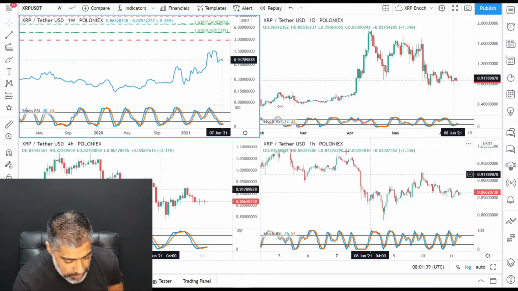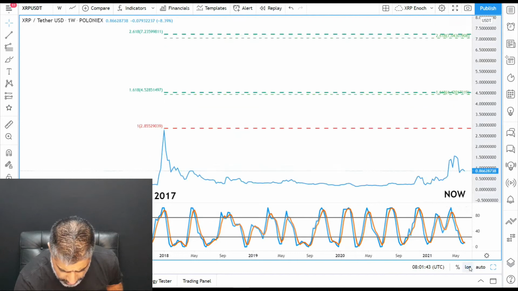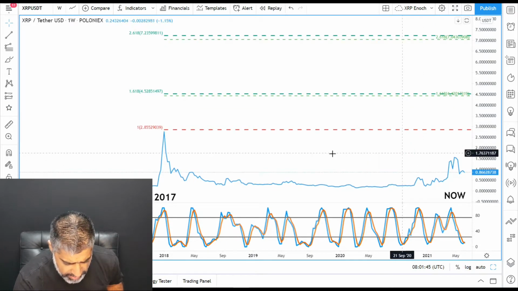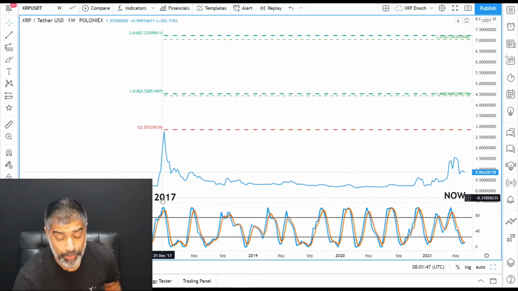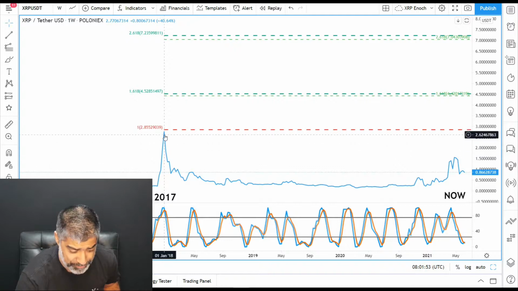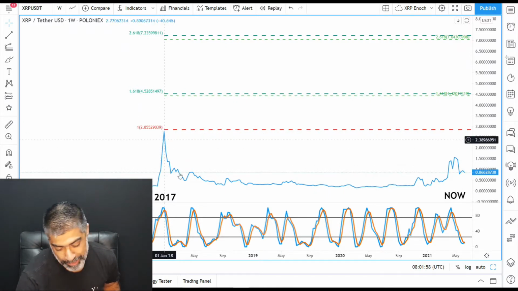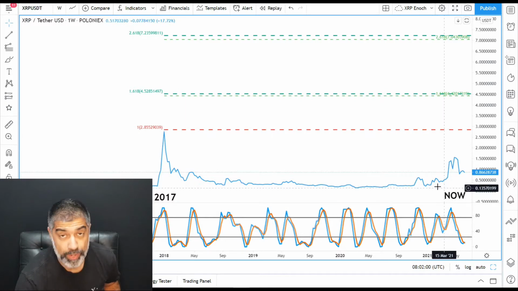So the key things I'm going to focus on today, if I go back to this weekly chart, is I'm going to take off the log scale, and I've written the dates down here. This is back in 2017. This last move, by the way, just so you're clear, is December 4th to like the beginning of January. So this was like 4 weeks in XRP, and then there was a big correction. And then this is where we are today.